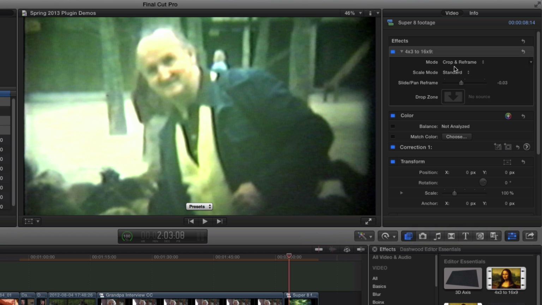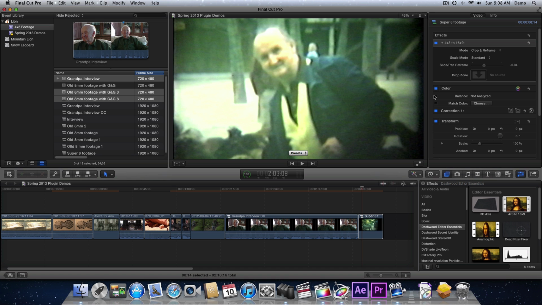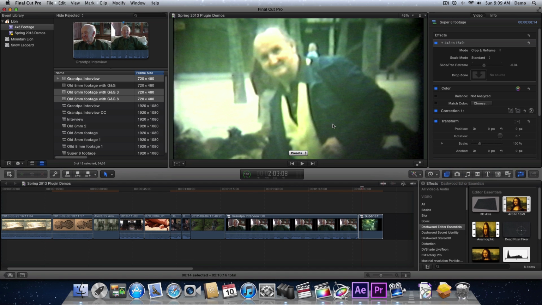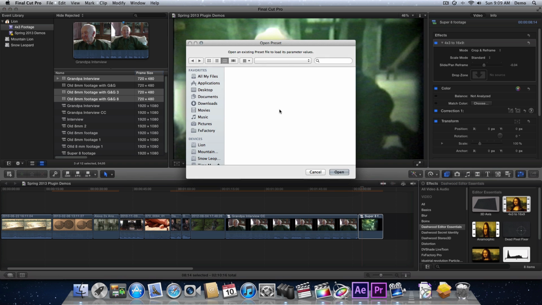Depending on the type of footage, how detailed the footage is, whether you have straight lines, you'll just want to play around with the scale mode and make sure that you are actually watching the output from your host on a full screen, full HD monitor to see what works best in the scaling. Now, once you get everything all set up the way you want, and you have certain shots that you want to replicate all of these same settings, you can save a preset. So just say save as, and we'll save this as my common headroom. So basically that's crop and reframe with common headroom, and then you'll be able to open it after the fact